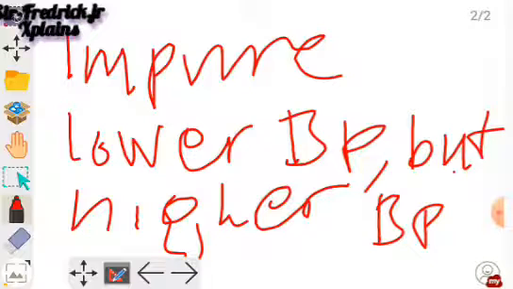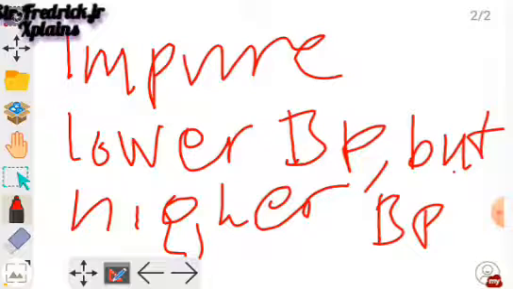So like we said before, the first difference is that a pure substance has only one element in it, while an impure substance contains more than one element. The second one is that a pure substance has a sharp or exact melting point or boiling point, while an impure substance boils or melts over the range of temperatures. Okay, now let's talk about how we can differentiate a pure substance if you were given data on a graph.